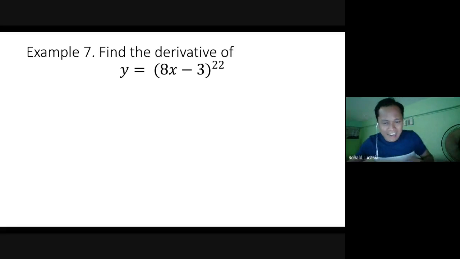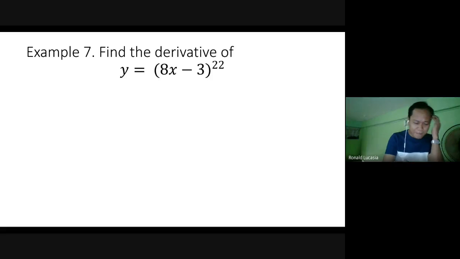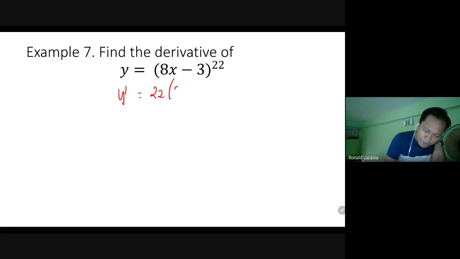Bakit ang tagal? Madali lang to. Ayan, very good. 176, 8x minus 3 raised to the 21 power. That's correct. Eh sabi ko, ang dali neto eh. Yeah. Kasi ang derivative, tinan mo ha, 22 yan, so maging 22, 8x minus 3 raised to the power of